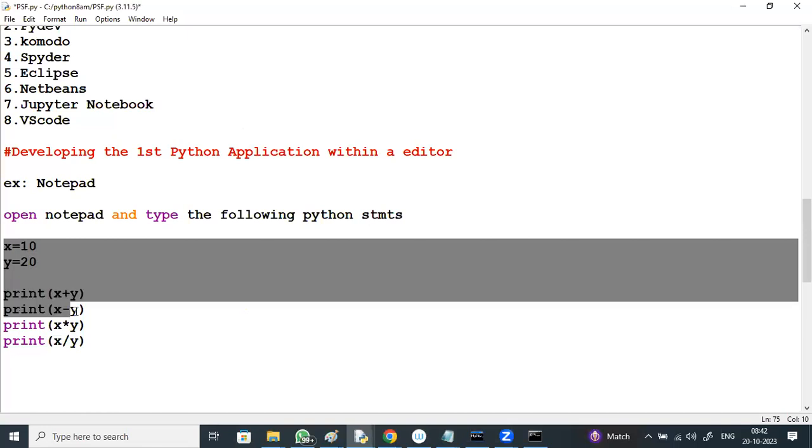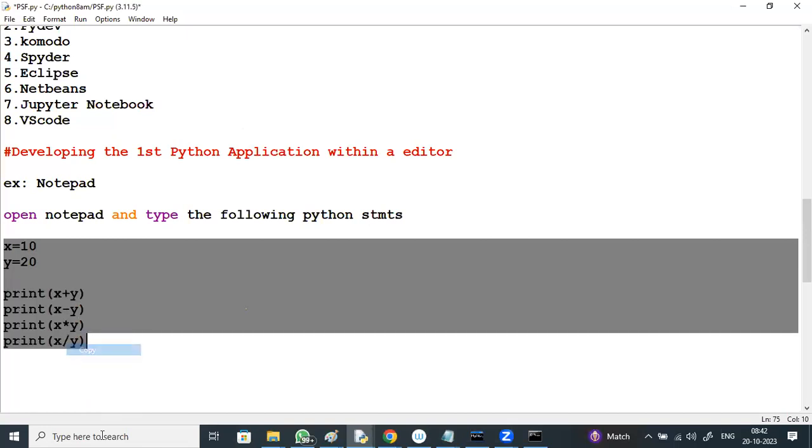I'll copy this to a separate Notepad file to create a .py file.